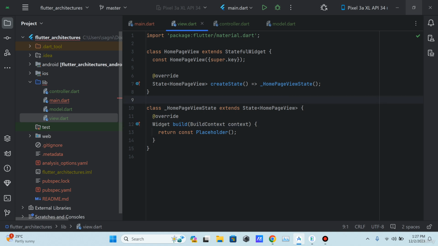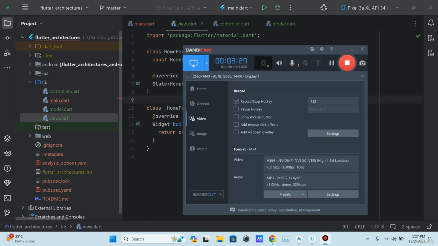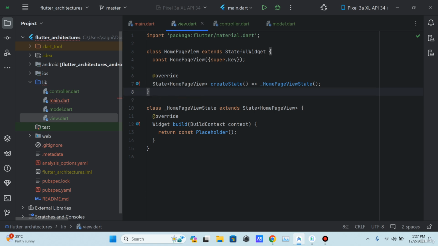This is the new UI of Android Studio, and this is how it looks. And I am still a bit confused where exactly all the functionalities are. So yeah, now we are doing the view file. So yeah,